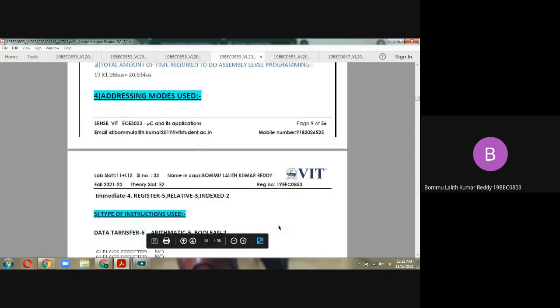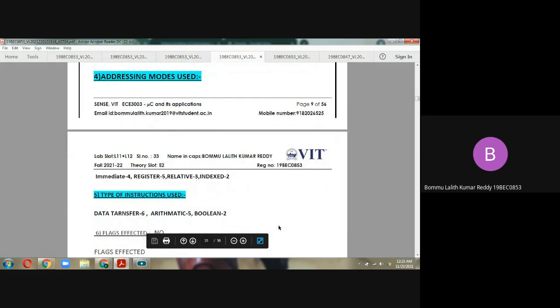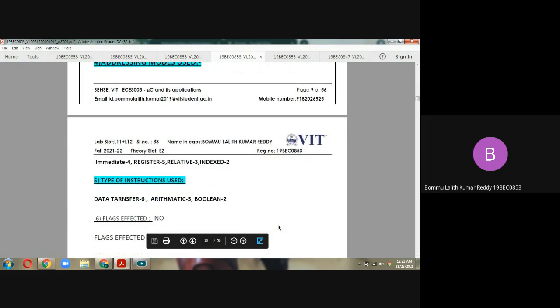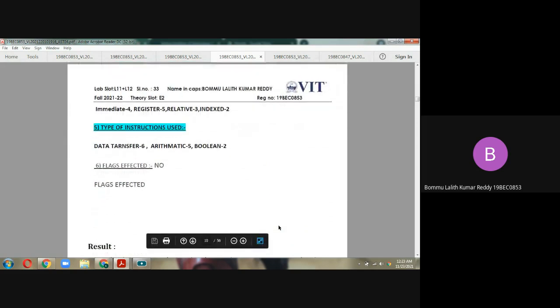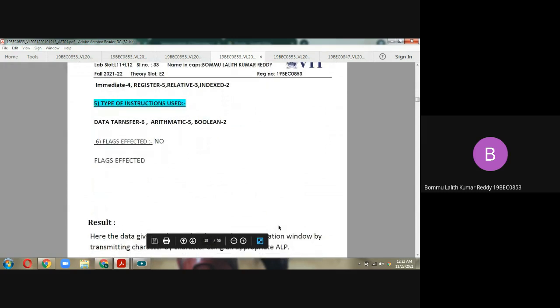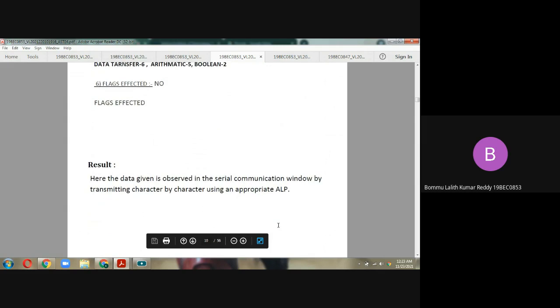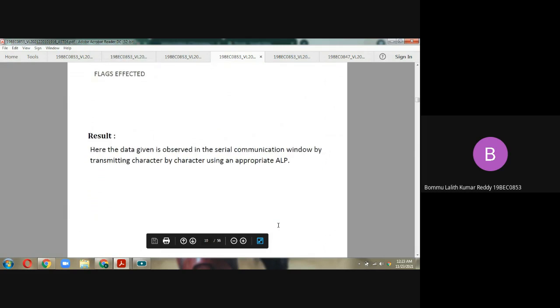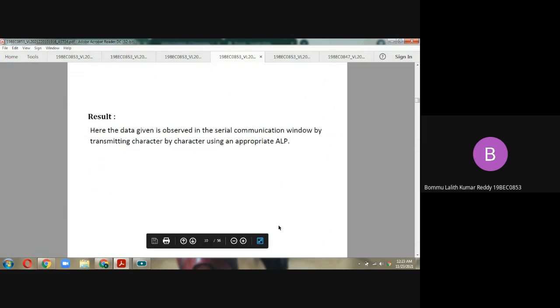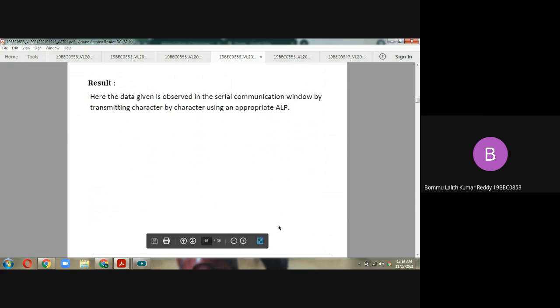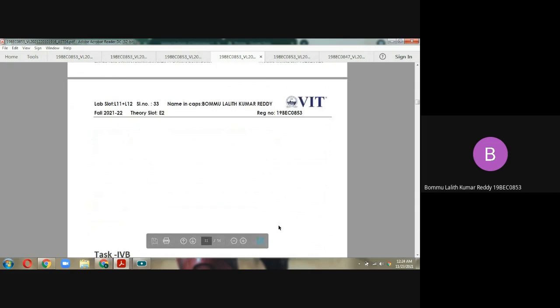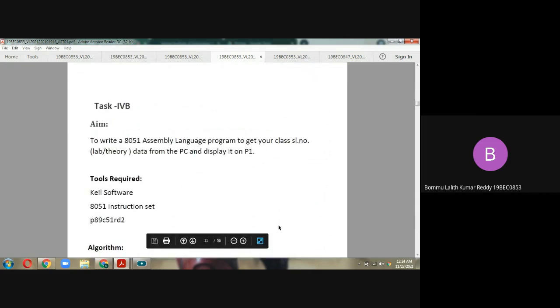Addressing modes used in this program are immediate 4, register 5, relative 3, indexed 2. Types of instruction used are data transfer 6, arithmetic 5, boolean 2. No flags are affected in this program. Result: the data given is observed in the serial communication window by transmitting character by character using an appropriate ALP. Coming to Task 4B, the aim is to write an 8051 assembly language program to get your